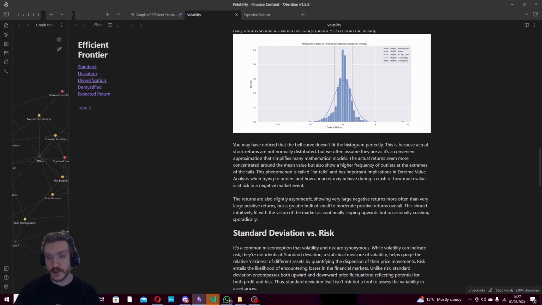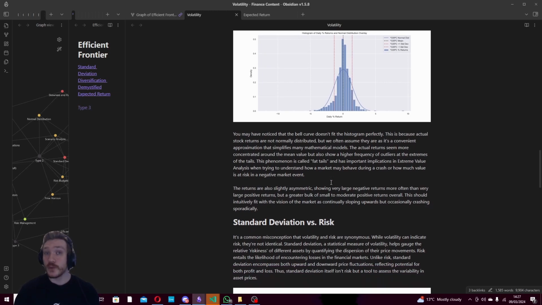This is important when we look into extreme value analysis, which, as I mentioned earlier with understanding standard deviation, helps us understand when we're in really unlikely scenarios, when there is a market crash, when a particular asset or a stock is crashing, right? How much is it likely to crash by? How much of our value is at risk when we're investing in an asset and a negative market event occurs? It's really important to understand the real distribution of our returns in these fat tails